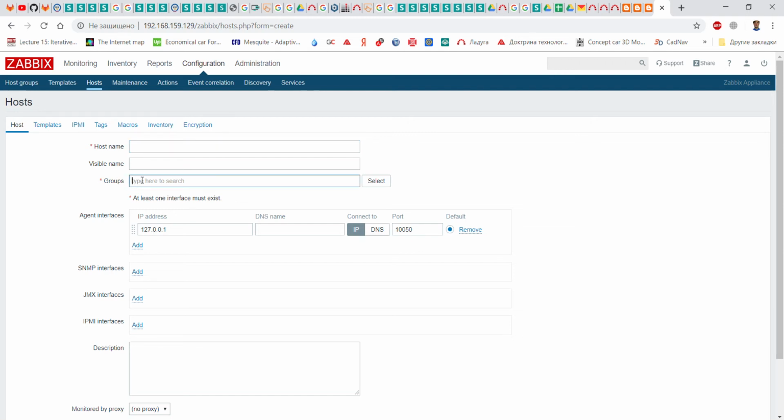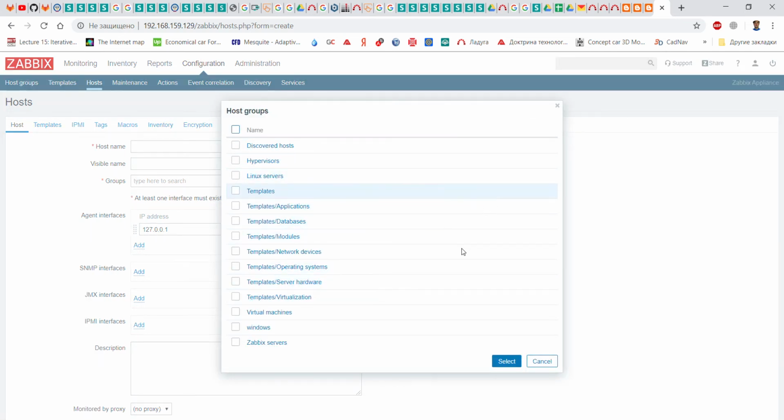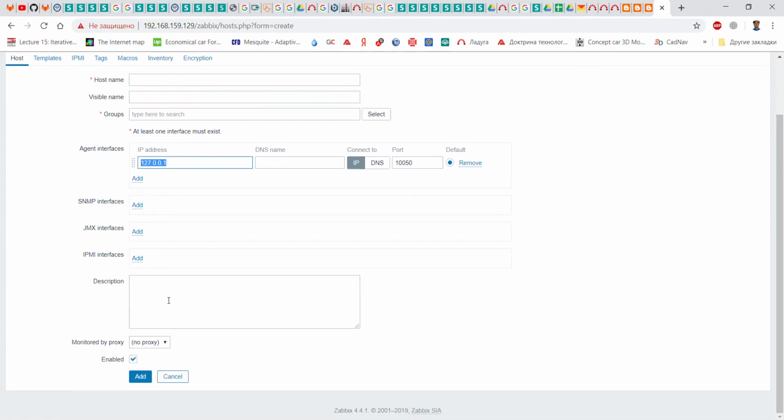Also, you have to type groups. You can select existing groups, but also if you type just some letters, you will create a new group. My group will be called Windows because it was my Windows computer, but you can type what you want. Here is the agent IP address. You have to type the exact IP address of your agent, and you can add some description